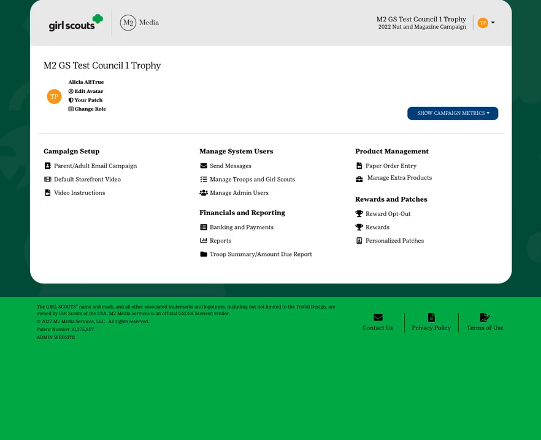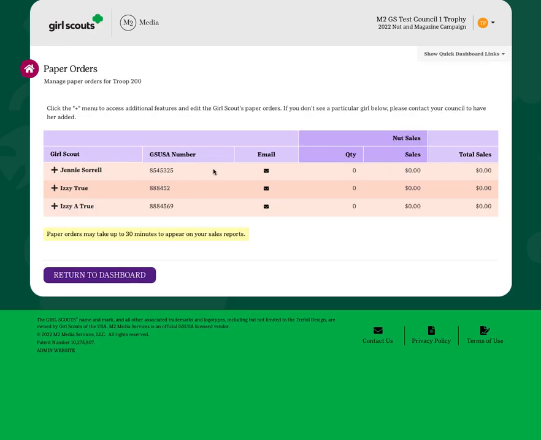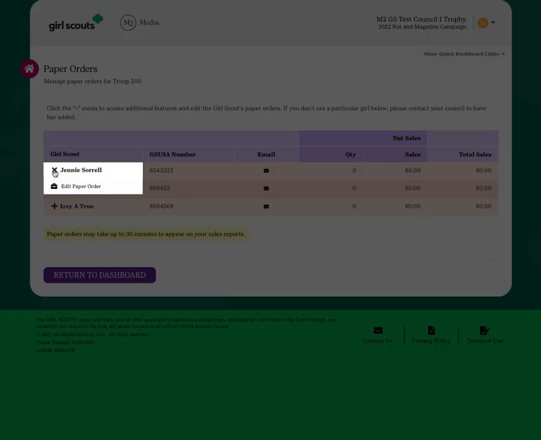As the Troop Fall Product Program Manager, you may have to enter order card sales for some of the participants in your troop. If that is the case, when it's your turn, the system will allow you to click the paper order entry link where you will see a list of girls in your troop. Simply click on the Girl Scout's data row, choose Edit Paper Order,